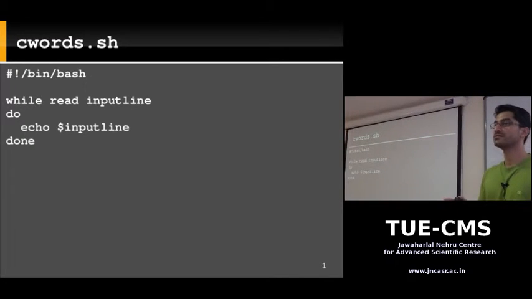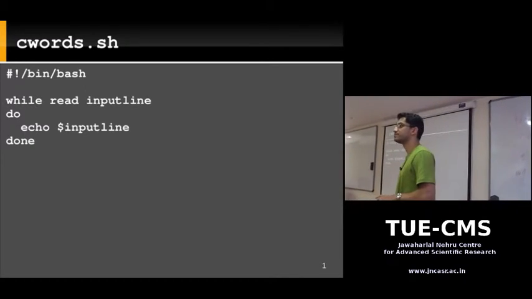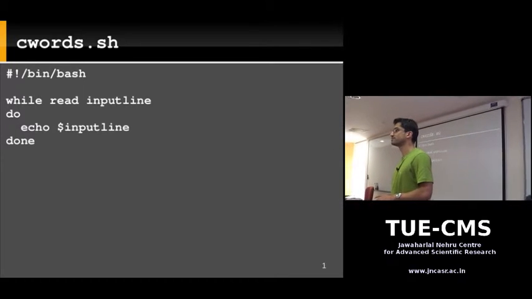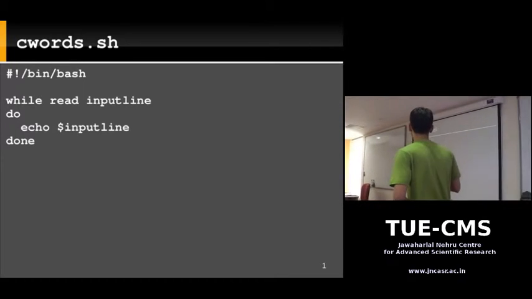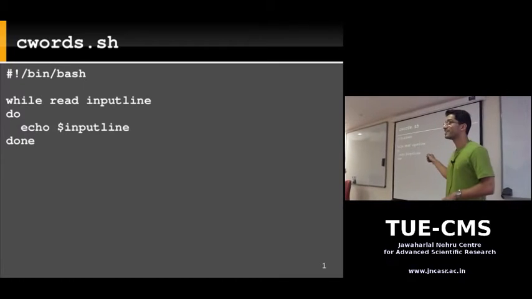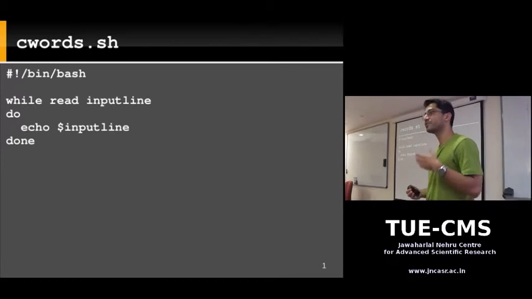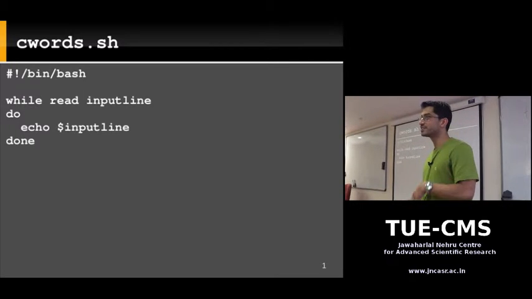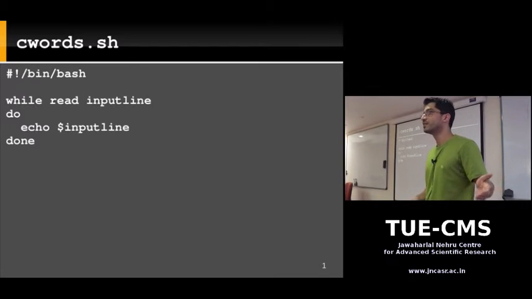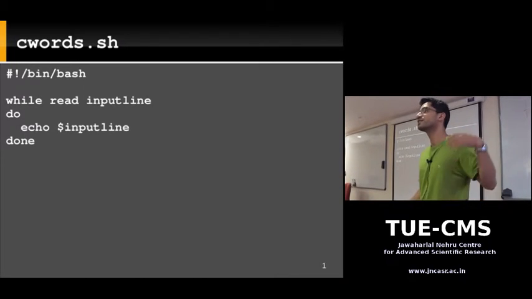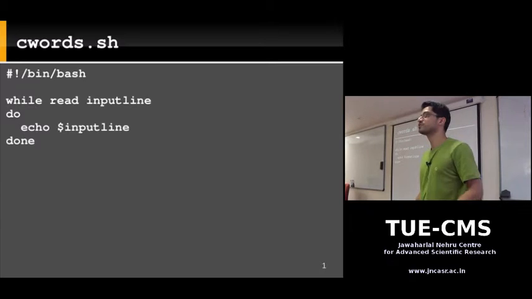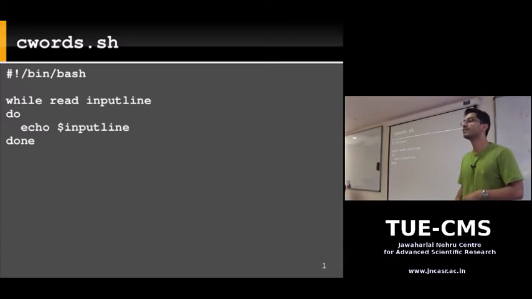How does it go to the next line if the input file is the same? It should always be the first line. So this is not reading from a file, it's reading from standard input. Standard input is also a file, but once you read something from it, the file pointer has moved. The next time you read from that same file, you're going to get the next line. Suppose you write a program in C and you read a line from a file.